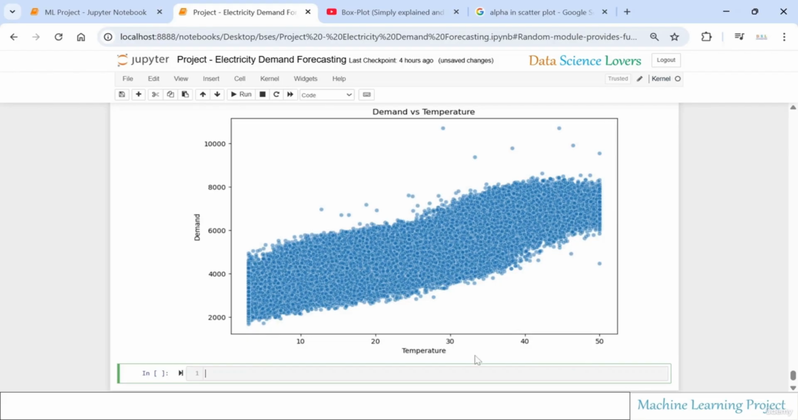As you can see, as the temperature is increasing, the demand is also increasing, and it is obvious because in summer or in high temperature we use more AC, more cooler, more fan. And these points are the outliers. When the temperature is about 10 degrees Celsius or below 10 degree, the demand is about 2000 megawatt only, and when the temperature is 30 degrees Celsius, the demand is also increasing, and it is increasing from 3000 to about 6500, and we have the maximum demand here at 50 degrees Celsius of about